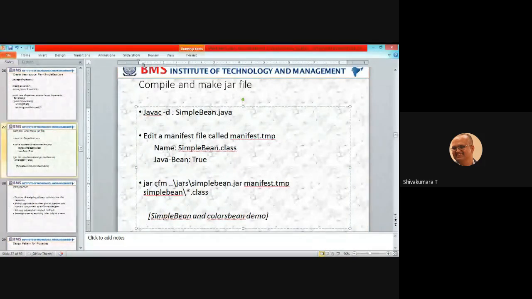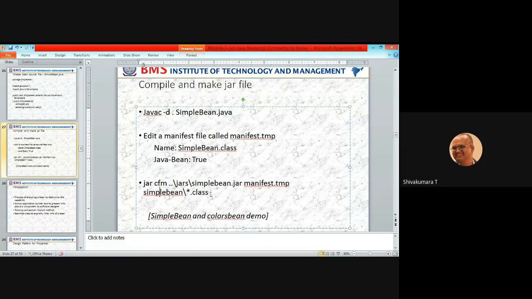You are archiving all these three into a jar, creating the jar file in the jars folder. That jar consists of manifest.tmp and SimpleBean star.class.